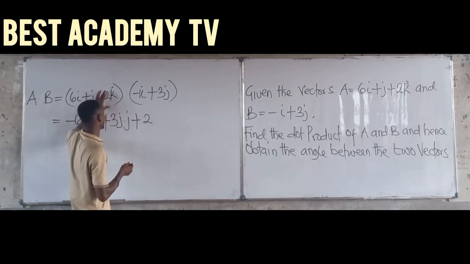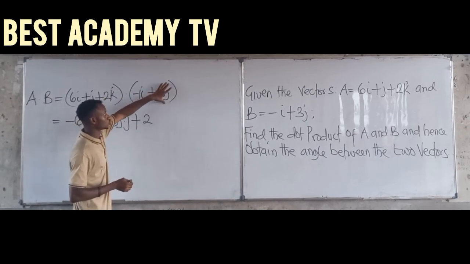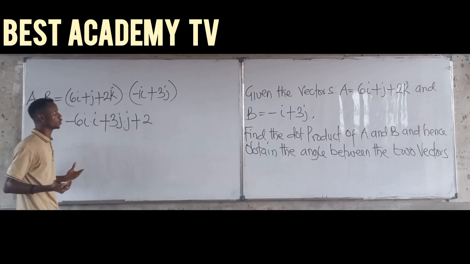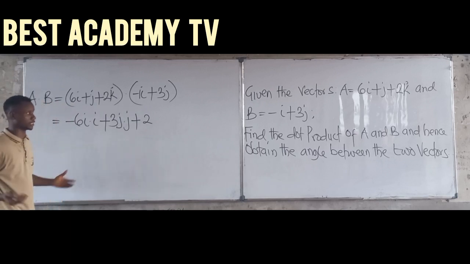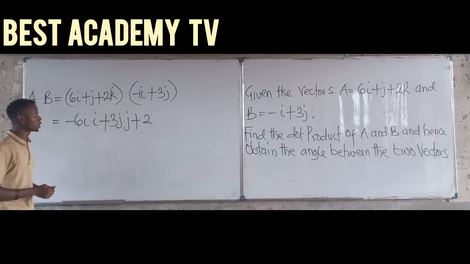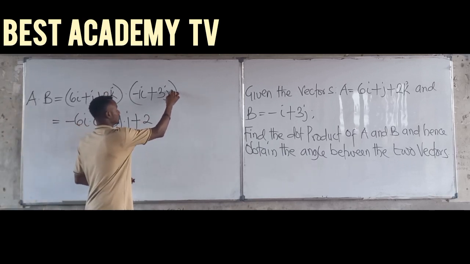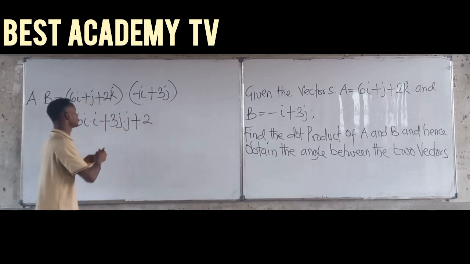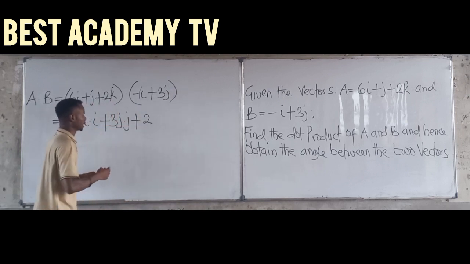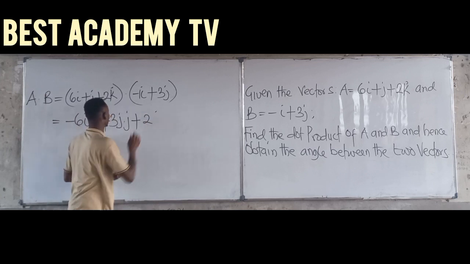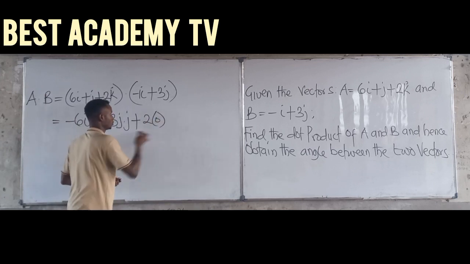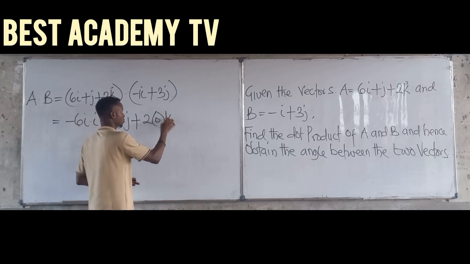If you look right here, this k is not present in B. I told you guys that whenever the vector is not actually present, it automatically means the coefficient is 0. So it means there is plus 0k here. At that point, 2 times 0, what is the answer? 2 times 0 here will be 0. The vector will be